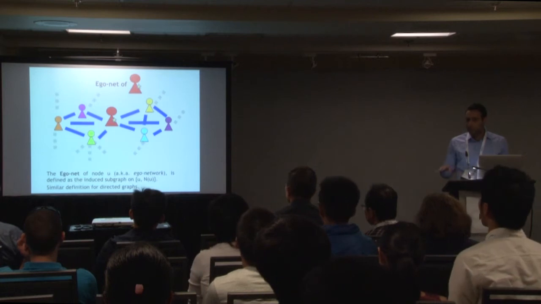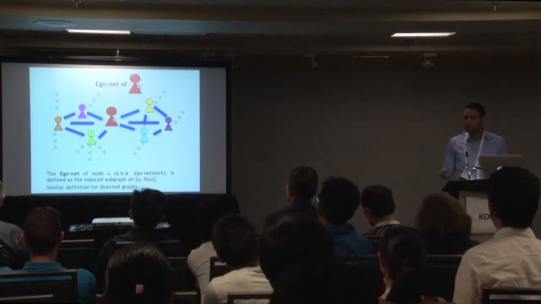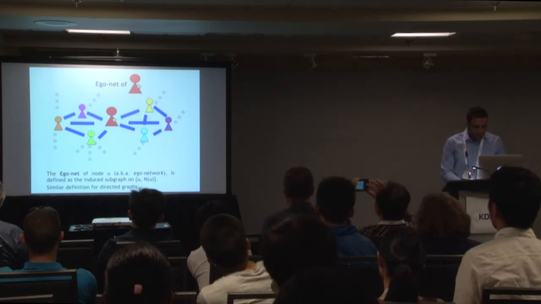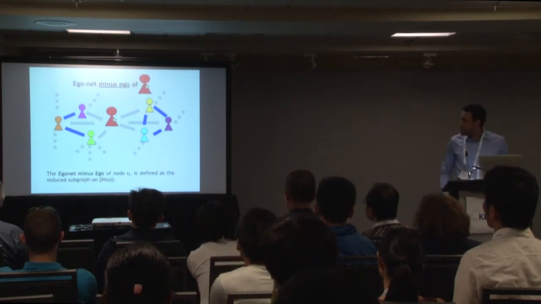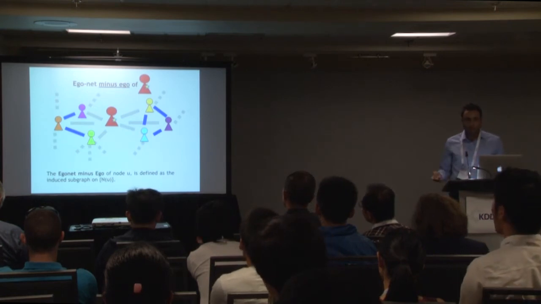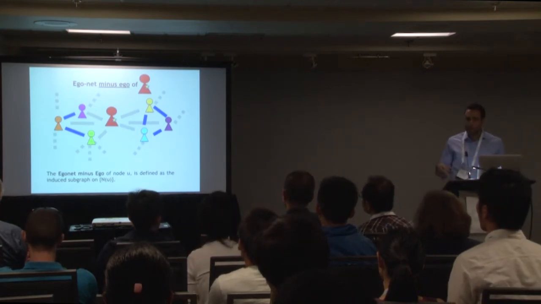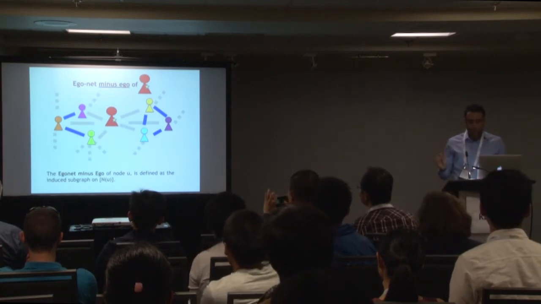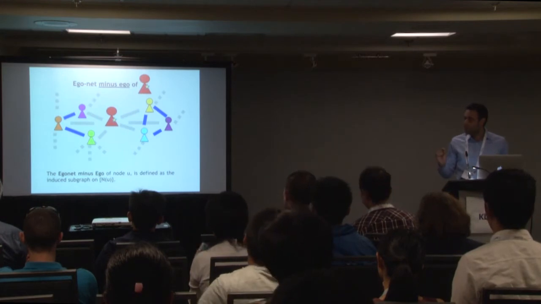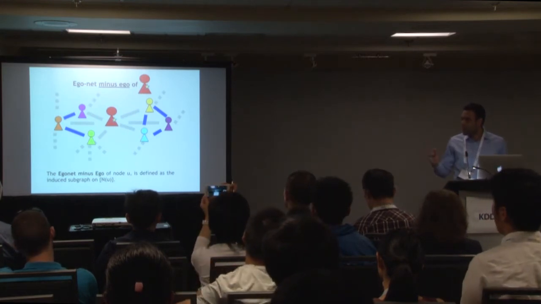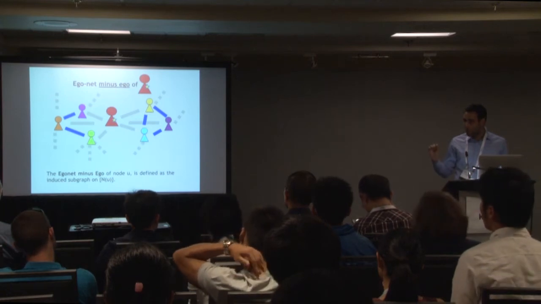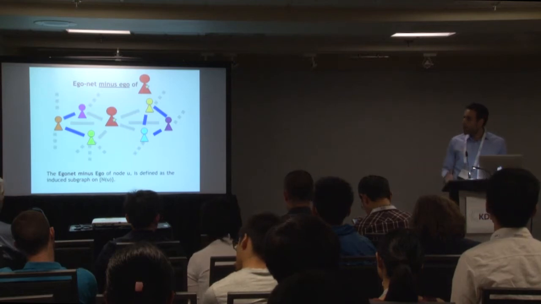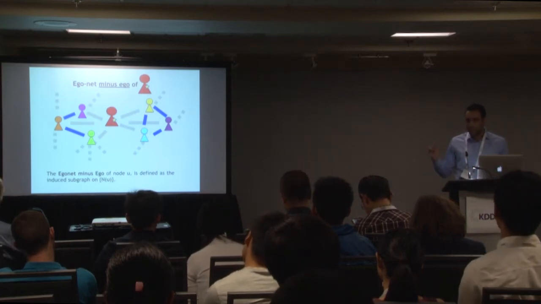For the rest of the talk, I will assume that the graph is undirected and unweighted, but you can define this in directed graphs, etc. So this is a very simple definition. We will need to use a slightly modified definition of ego network, which is usually called the egonet minus the ego. Here, the egonet minus the ego for a given node U is defined as the subgraph containing only the neighbors of U, so not U, only the neighbors, and only the edges among the neighbors of U. Now, for simplicity, from now on, when I say the word egonet, I mean the egonet minus U.